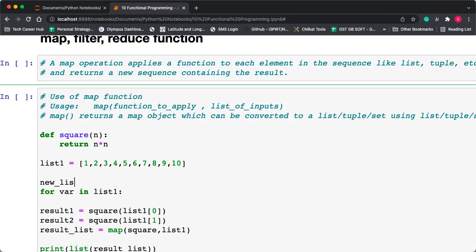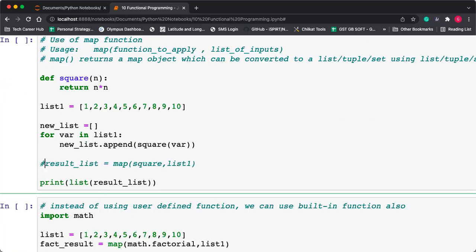So new_list is equal to an empty list, and I call the square function here, giving the input as var, and in the new list I'm just appending the square of var. Let's see what the output is.